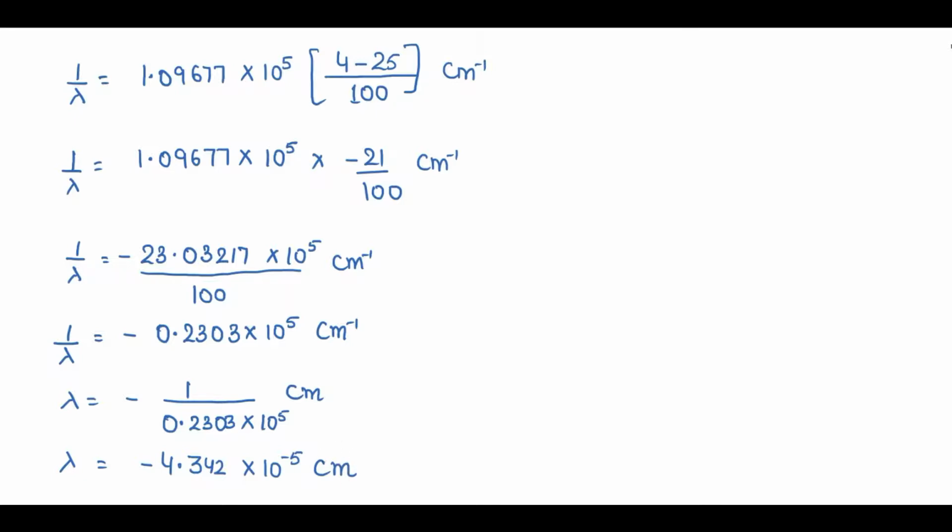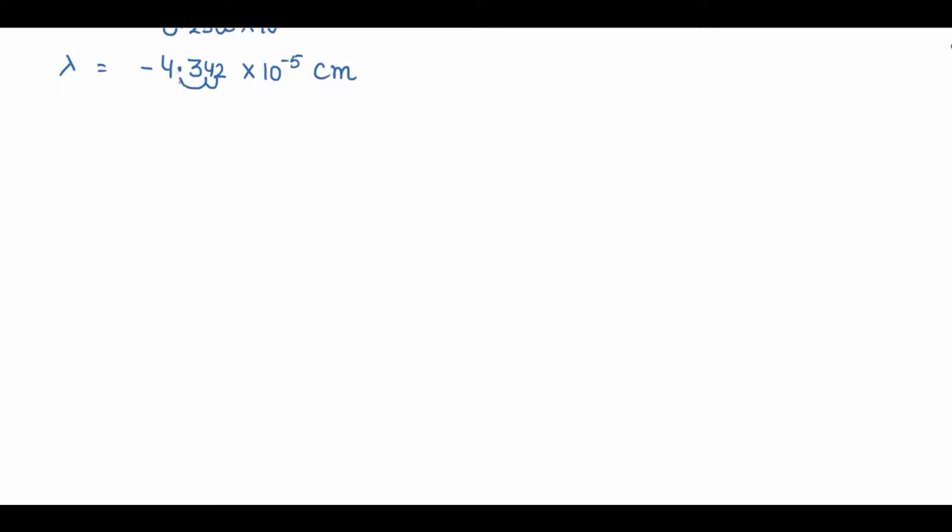I just want to convert this centimeter into nanometer. For this, I have to displace this decimal up to 2 digits. So 1, 2. If I am displacing this decimal from left to right, definitely the power will be negative. So lambda equal to minus 434.2 into 10 raised to power minus 2 into 10 raised to power minus 5 centimeter, right?